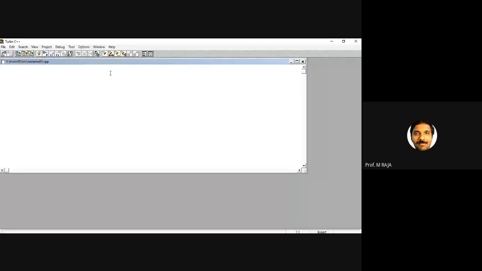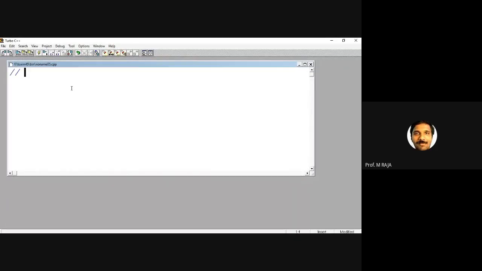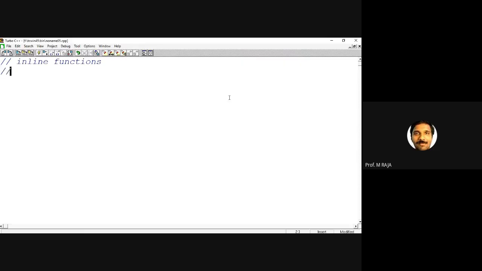In this session, we would like to focus on inline functions. Inline functions are functions which are expanded inline. The sense is that whenever the function definition is small, for small functions,